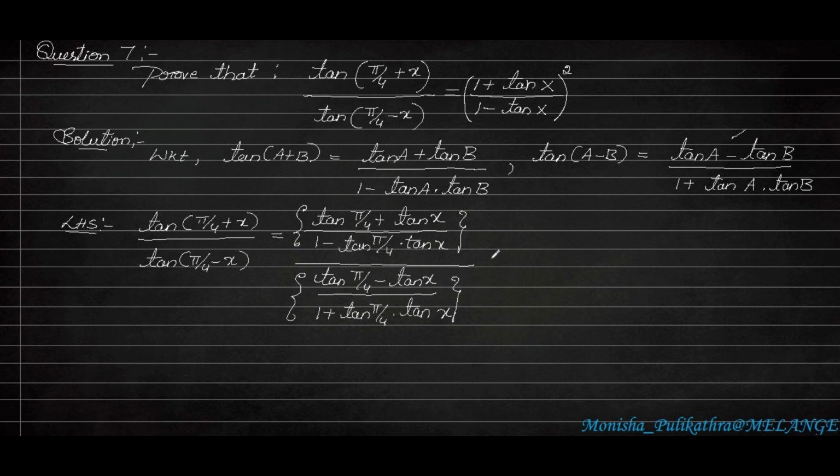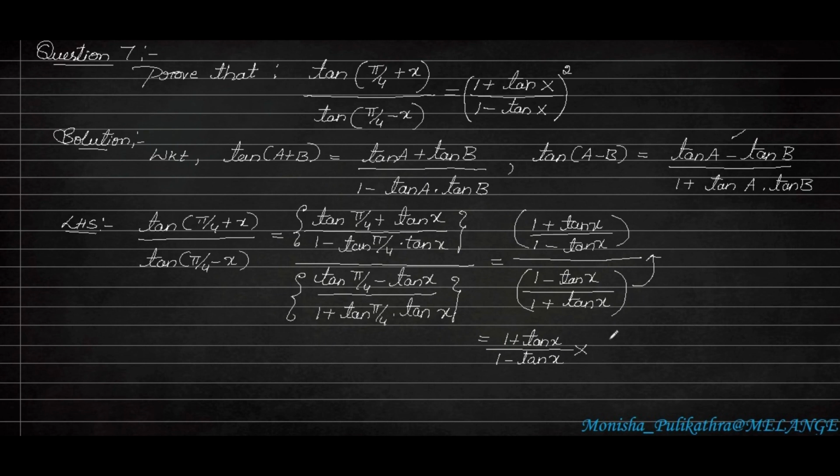So now this whole formula will change into an equation. It is also a part of a formula. So this whole thing will change into (1 + tan x) divided by (1 - tan x). Next, this new denominator will change into (1 - tan x) divided by (1 + tan x). Okay. So if I take it in reciprocal form, what will it become? (1 + tan x) divided by (1 - tan x).